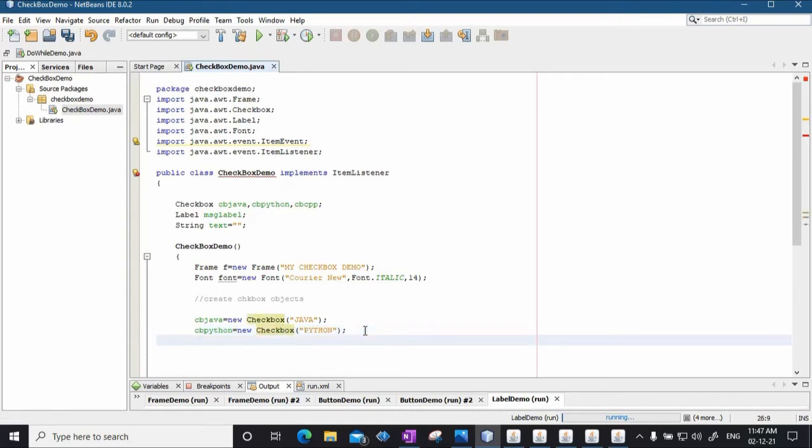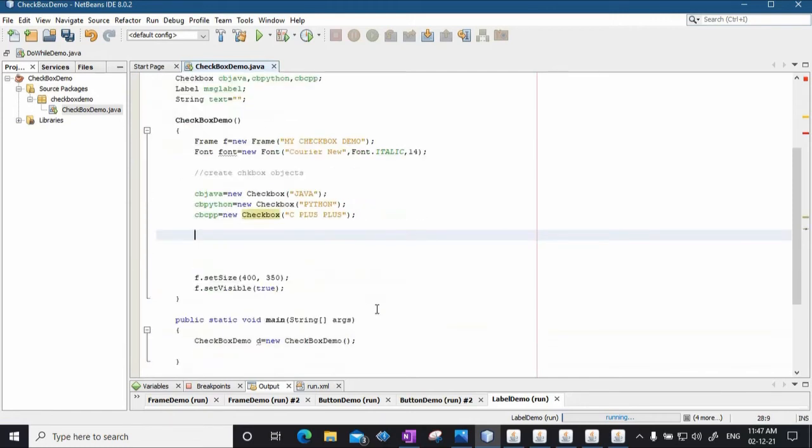And third is cbCPP, that is C++, equal to new Checkbox, and the name will be C++. So we have created three objects of type Checkbox.